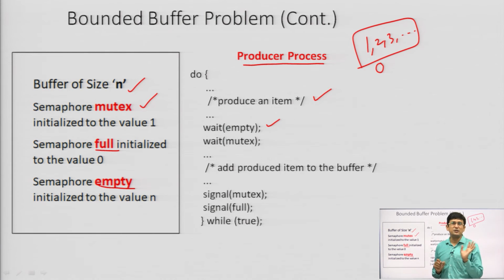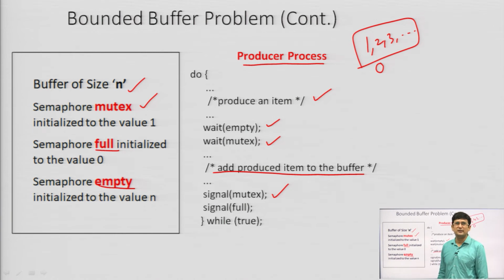When the empty becomes positive, then we will enter the critical section, or we will put the produced item on the buffer. Since the access to the buffer is going to take place with the help of the mutex lock, wait on the mutex; if this value is 1, then only enter the critical section, otherwise do not enter. After this, the produced item will be kept in the buffer, and then we can signal mutex, because we have used the buffer now. The work with the buffer is over. If someone else wants to use the buffer, that process may do so.